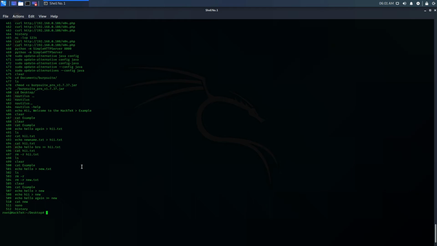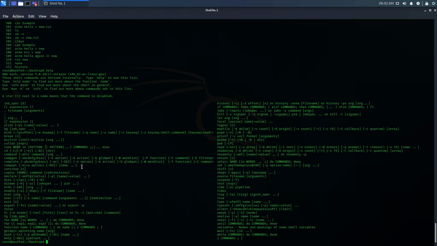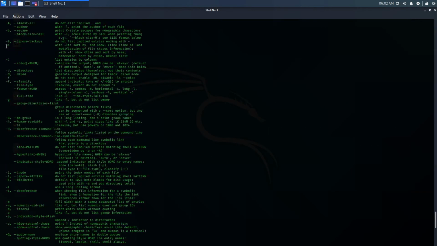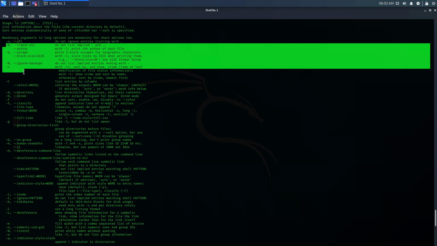Now moving to our next command, which is help. This command works as it sounds. For example, type help. It will show you the list of commands with their use. As you can see there are many commands, explained with their use. You can also type any command and use --help to get help. As you can see, ls --help. It will show you the properties of the ls command and various attributes of it.